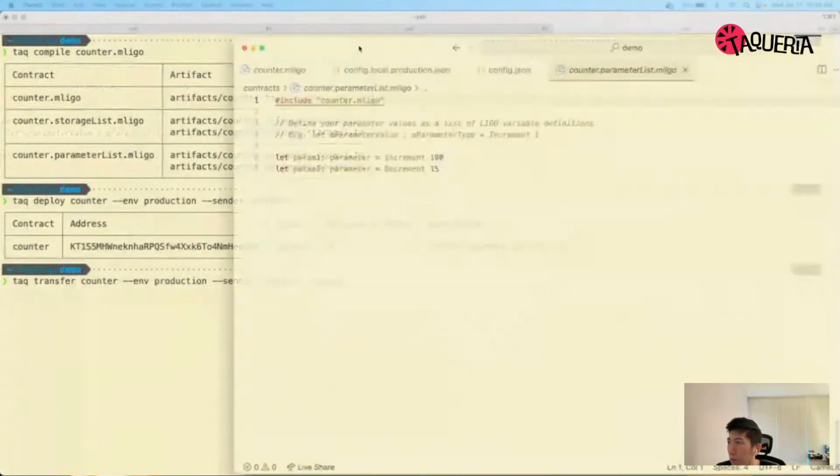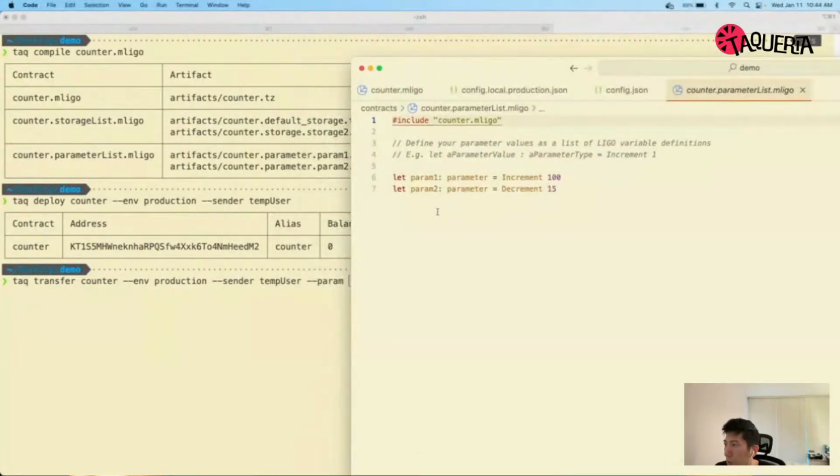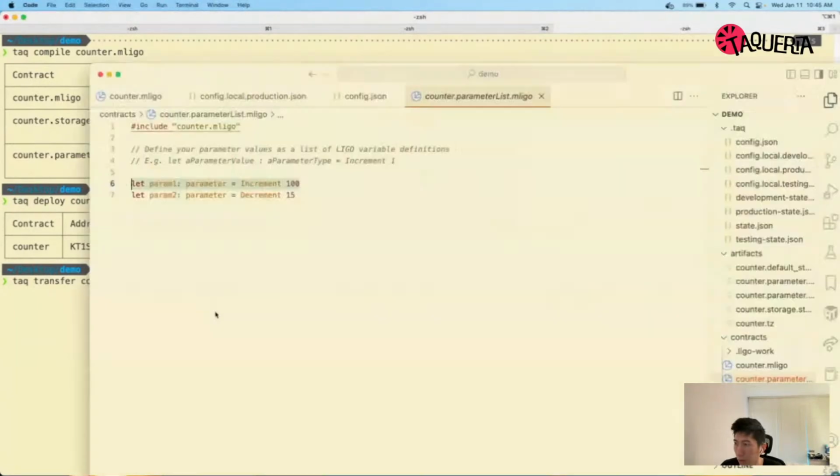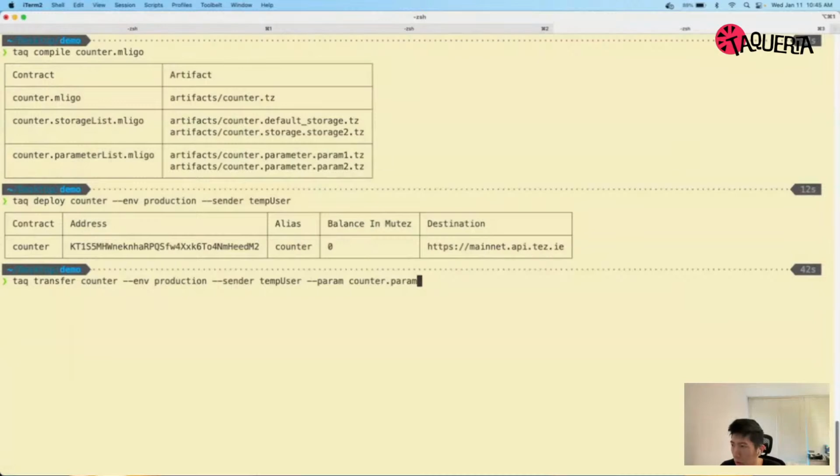So here I'm going back to the contract. Here, let's say I want to call the increment entry point. This is being compiled to a parameter file called counter parameter param1.tz. So this command is going to invoke the entry point counter in the production environment,